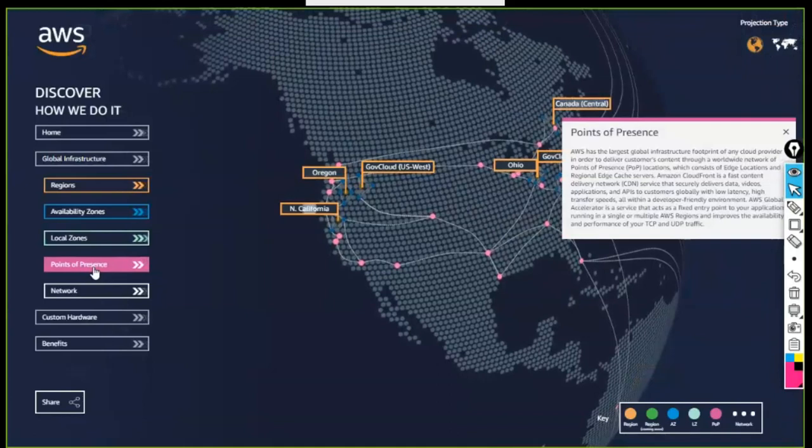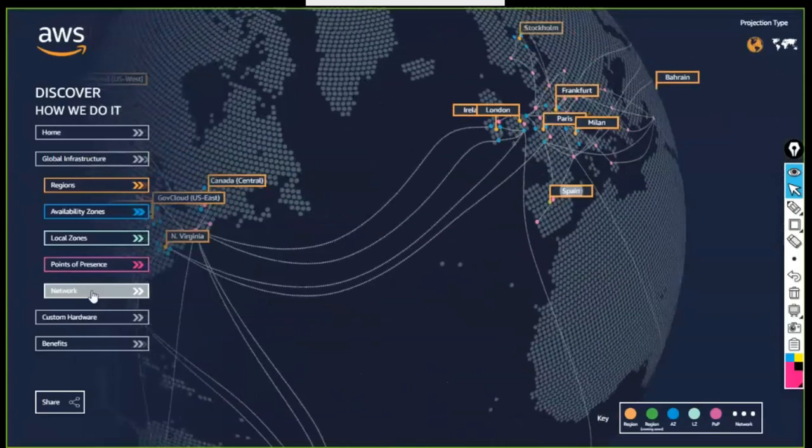It's basically for CDN, content delivery network, to access your cached information much faster. You can take a use case of Netflix. Netflix has to use these points of presence because they have to cache their streaming information so that it can deliver to the client much faster. They have to deliver it in 4K. There are people who activate their account for 4K, so for 4K delivery of content, they have to have a cached environment. So AWS is expanding its presence in terms of points of presence as well.